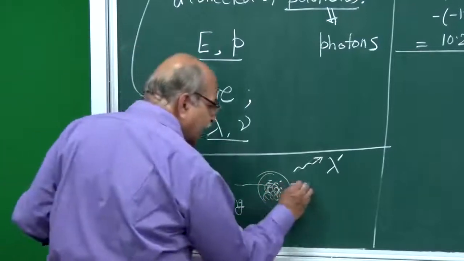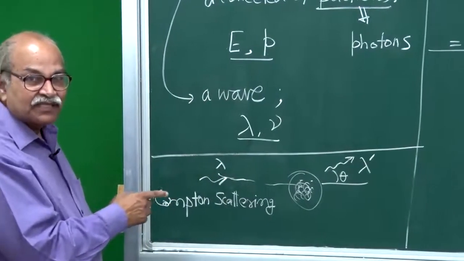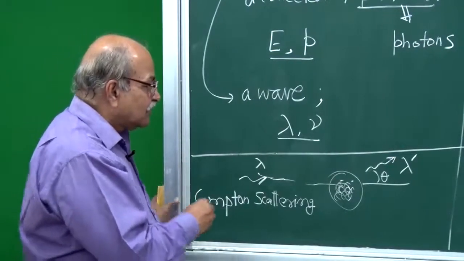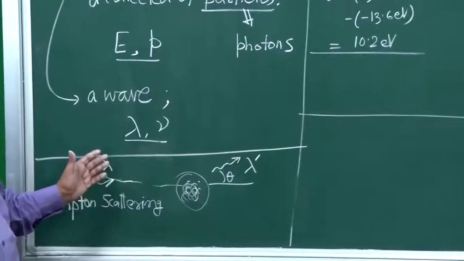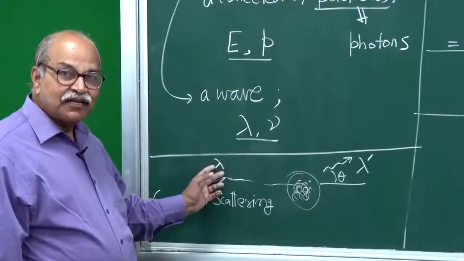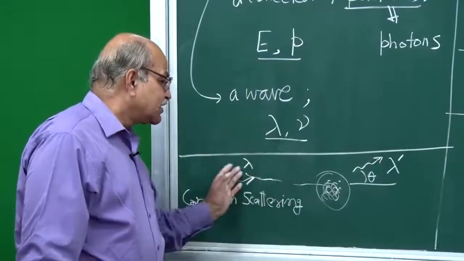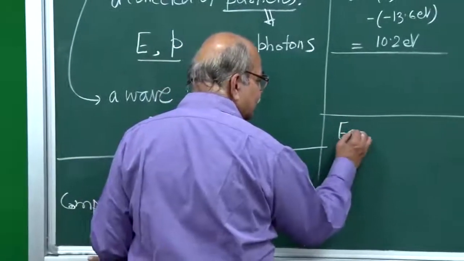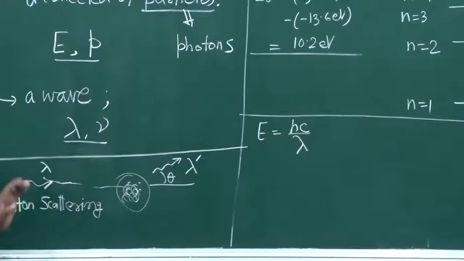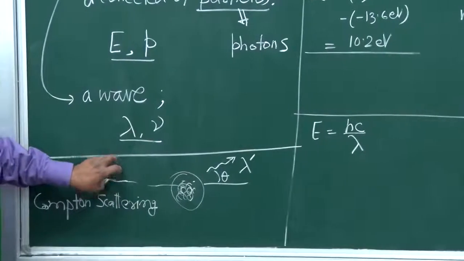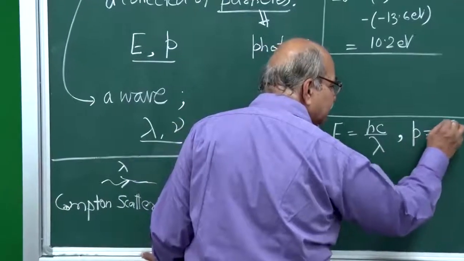And there is a certain relation between this angle theta and the difference between lambda and lambda prime, and that relation can be obtained from equations if you assume that this electromagnetic radiation, this X-ray which is coming with wavelength lambda, has a particle character. This is a collection of particles, and each particle has an energy which is hc over lambda. h is the Planck constant, c is the speed of light, and lambda is this lambda. So, if you treat this radiation as a collection of particles, each particle having this energy and each particle having a linear momentum p, which is h divided by lambda,